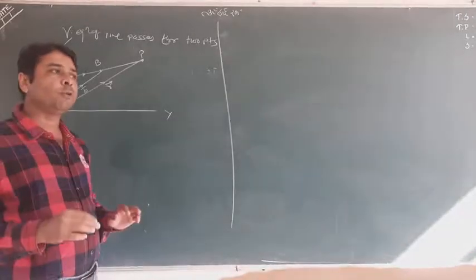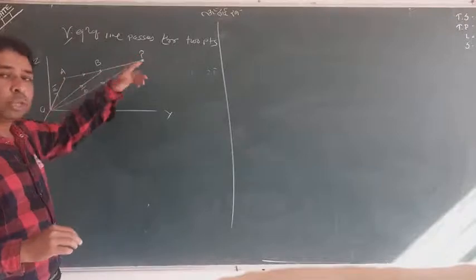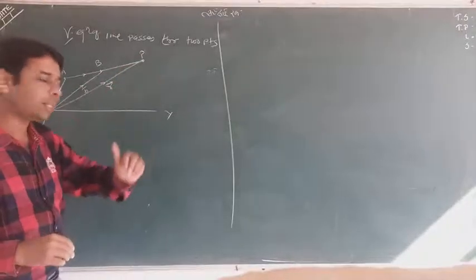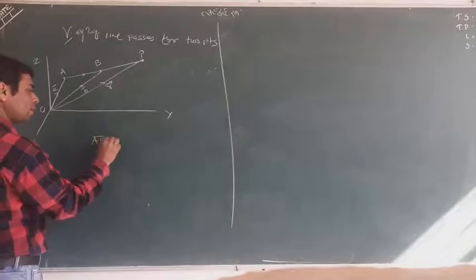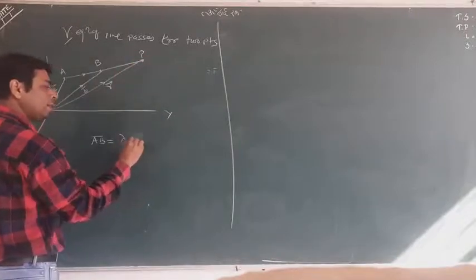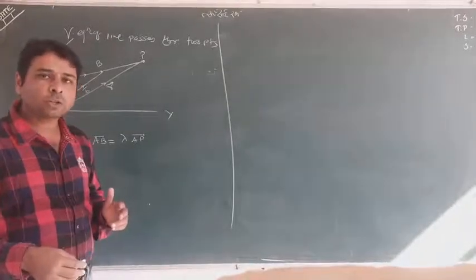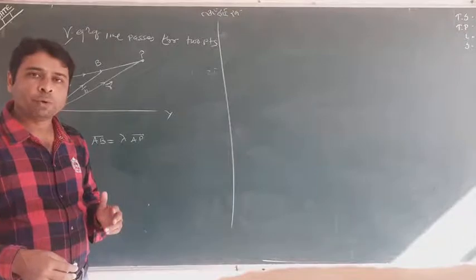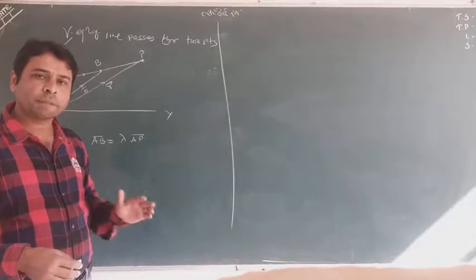So I just want to pull your attention towards the thing. Can you see A, B, P are collinear? Again one thing, that AB is some times of AP. Nothing hard. Try to understand about it. It is not the same as parallel. We already looked at the parallel condition. This is a simple thing.